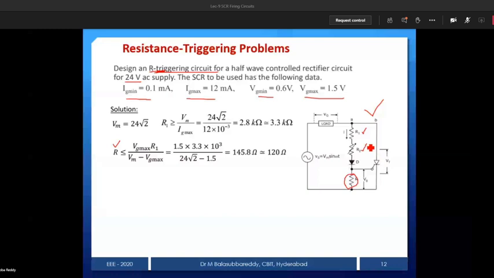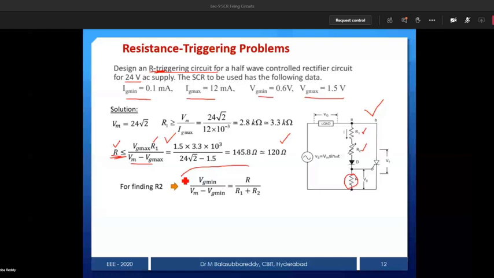You just observe what is happening. Now we need to find R based on your formula; you can just substitute here. VG maximum is given, R1 is given, Vm is nothing but Vs into root 2, and VG maximum is 1.5. Just substitute, and we'll get the damping resistor value. Another one is R2, which is nothing but the variable resistance RV. Using that, the relation will be VG maximum by Vm minus VG minimum is equal to R by R1 plus R2.